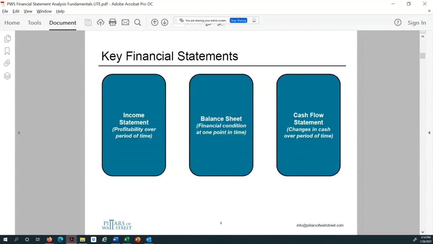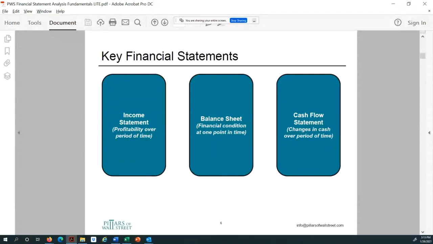Key financial statements. Here are the statements we'll be examining in detail: income statement, balance sheet, and cash flow statement. Now, just big picture. The income statement provides you with the profitability over a period of time, starting with sales, which represents all of the revenue the company has generated during the period, and then subtracts all the expenses associated with that revenue, and ultimately arrives at net income, which is the bottom line or the profit